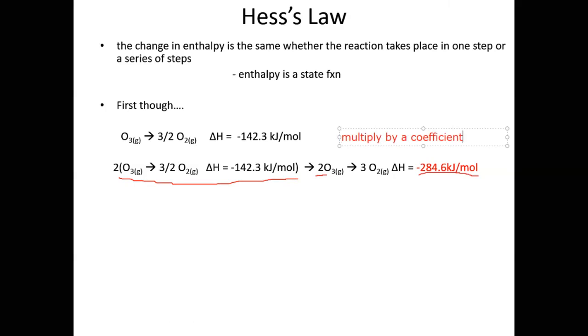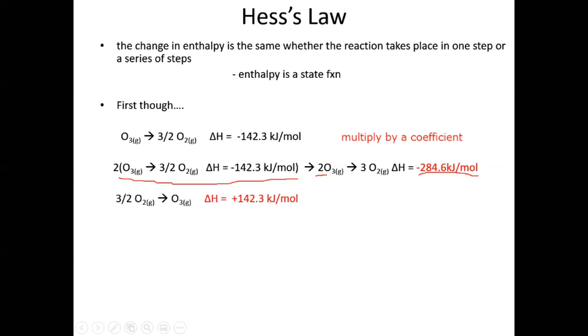So that's one thing you can do. You can multiply by a coefficient just like we did here. We found out how much heat is produced from 2 moles of ozone. Another thing you can do is flip the reaction. So in the forward reaction,